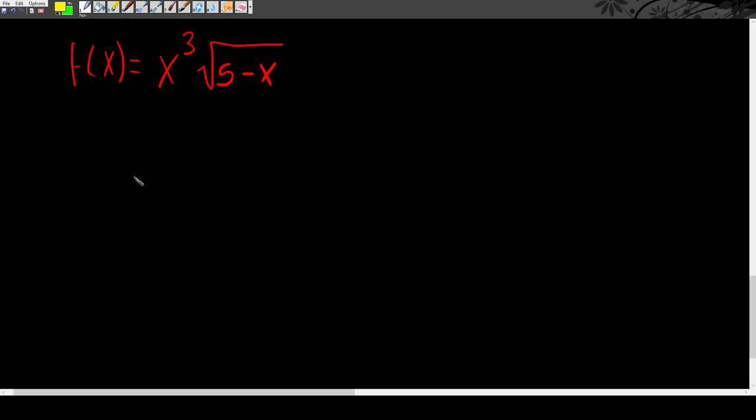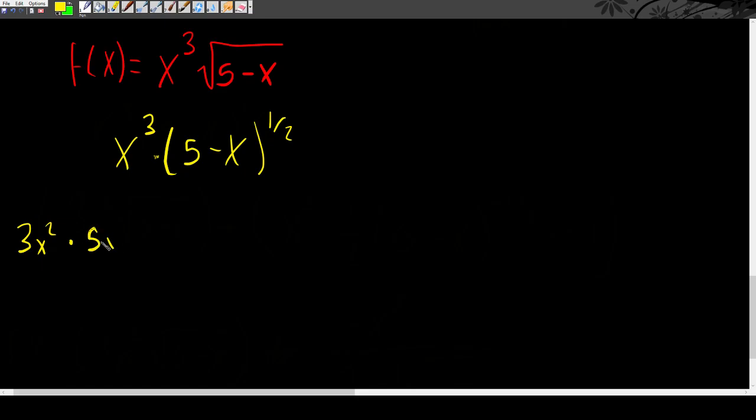Okay. This time, square root. So what I do with square roots is I just instantly convert them to exponents, because when you're doing chain rule, you're thinking in terms of exponents and not in terms of a square root or a cube root. So you should also see that these things are multiplied here, so you have to use product rule. So x cubed, actually I'm going to do that last, 3x squared times 5x, or no, 5 minus x